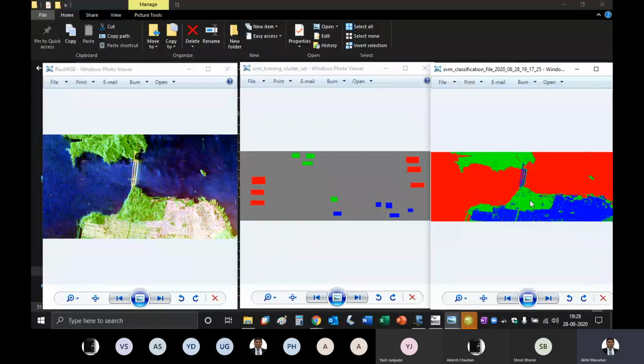Though we said that this is forest, SVM could identify that in between the forests there are some settlements. So it could detect those settlements for you. Here there is a bridge. So bridge is in blue. That means it has considered it as a settlement only. In between there is a green channel here.